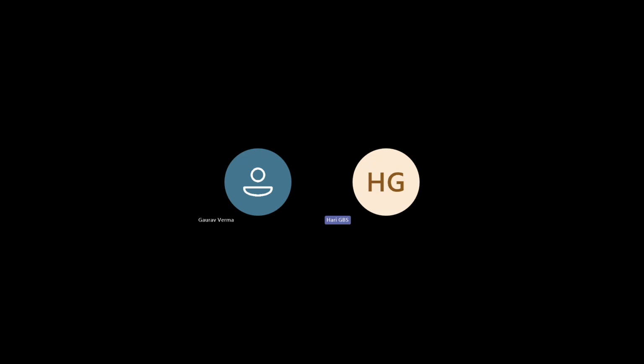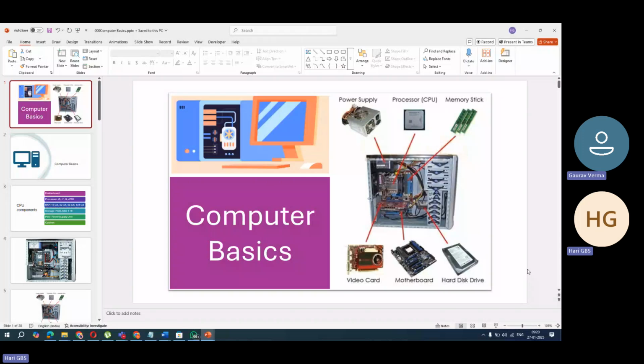Nothing to do with SQL Server. But to understand SQL Server in depth, you need these concepts. You need to have a basic idea about computer basics. Okay, so if you see this